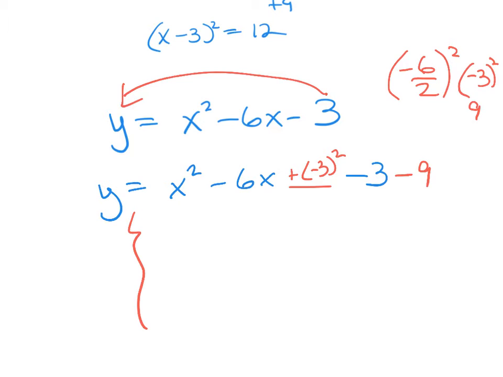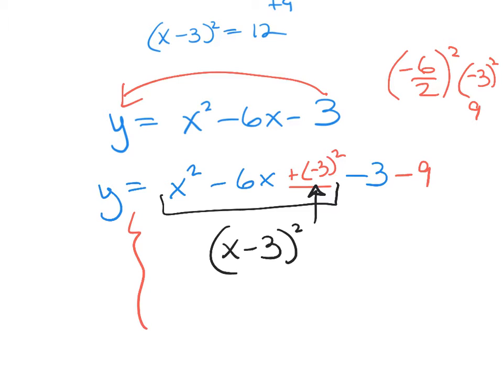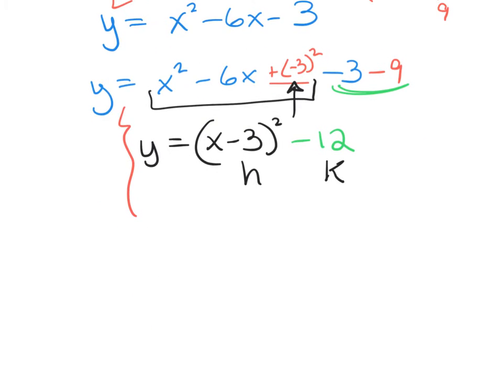Now I need to factor this. So remember, the reason why I put this in here like this is you're just going to turn it into x minus 3 squared. Whatever you got when you divided the b term by 2 is the number that goes in there with that x. Then I'm going to add these guys, and this becomes negative 12. And my equation's in vertex form. This is my h, this is my k. So my vertex is the ordered pair 3,